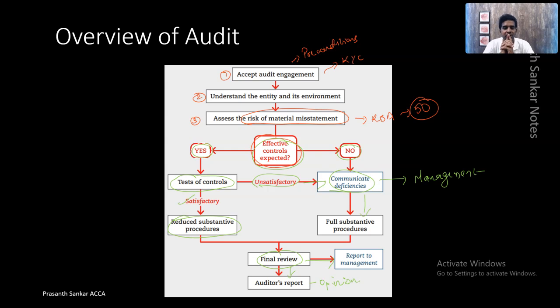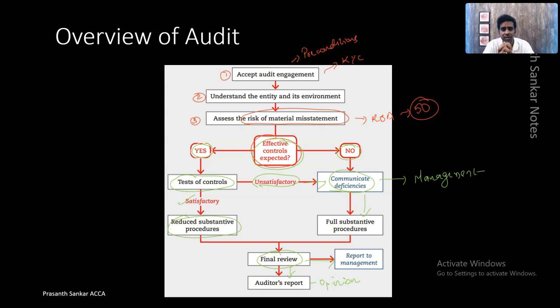So when it is not 100%, if there are 100 transactions, when we give reasonable assurance, do we test all the transactions? Never ever. We test based on samples. The auditor always tests based on samples. So when it comes to reduced substantive procedures, for certain types of transactions it might not be necessary to test them, which we will learn in more depth.